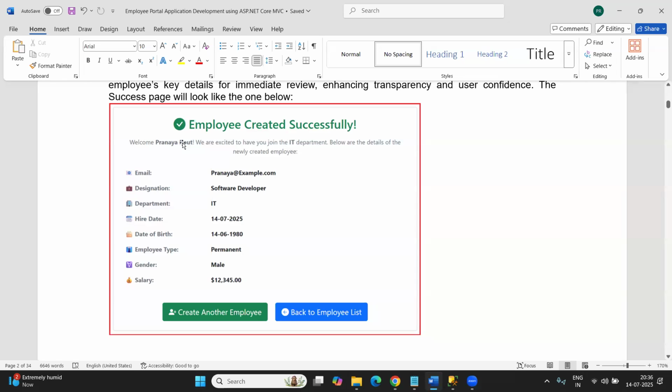Actually, here I'm showing this message, but in real time, if you want, you can also send a welcome message to the newly joined employee, to their personal email ID or whatever information you have taken at the time of onboarding. You can send this information. So here you can